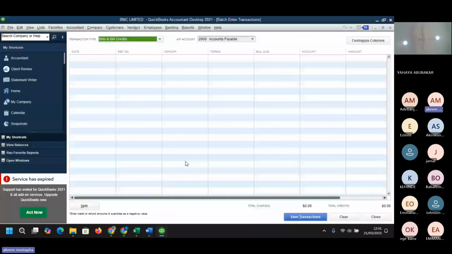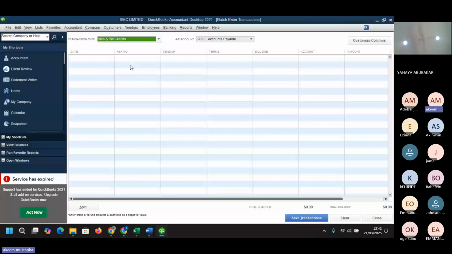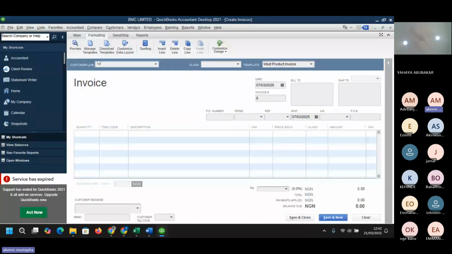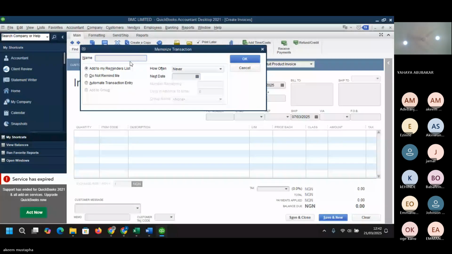Also, you can memorize invoice. Let's say you create an invoice, 1242. This is the last thing I'm going to do today. After creating the invoice, you can see memorize or create a copy. Create a copy to do another invoice instantly, instead of starting again. You can create a copy of that invoice and then use it for another person. But you can memorize the same invoice to be used anytime. You give it a name,